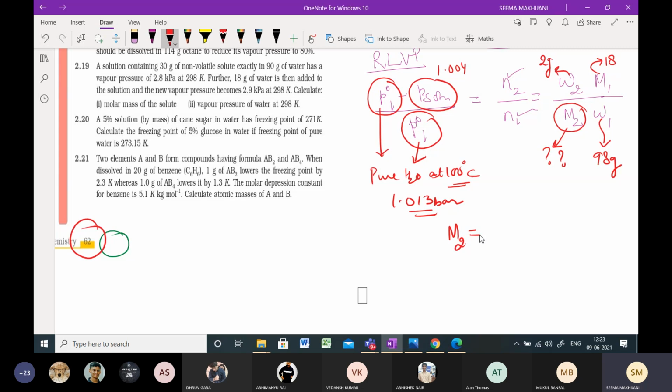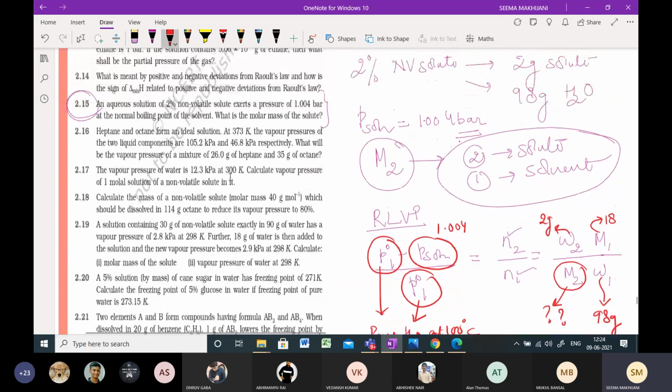I would advise that you go about it and solve it. I'll give you 2 minutes to solve it, rearranging the values. You should get your answer by rearranging the values as M2. Okay, so your values would be substituted and your answer should come out to be around 41.35. You can write it as grams per mole if you are talking about molar mass, or else if you write it as 41.35 U, that will not be wrong depending on the question.